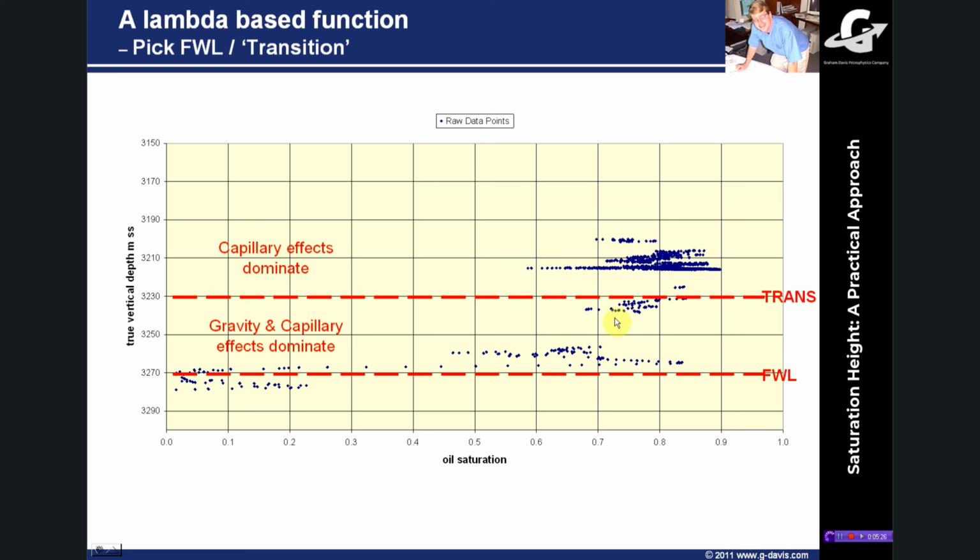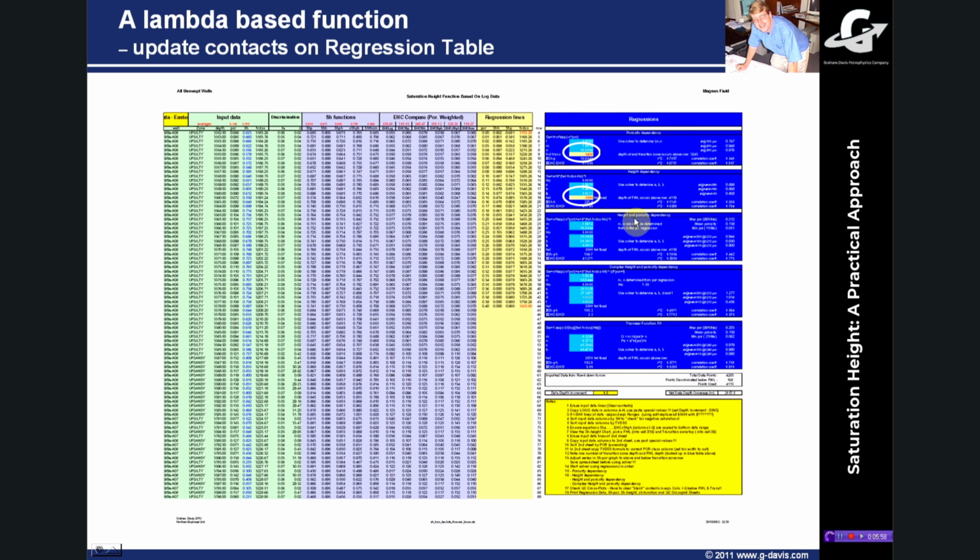So generally what I try and do is I split out the transition zone. Now, sensu stricto, this may not be the core capillary pressure derived transition zone, and we'll discuss this a little bit later. But actually what I'm trying to do is just exclude anything that might be affected by gravity, and we're going to do a lot of analysis on the rock at the highest level where we assume that the gravity effects are minimal.